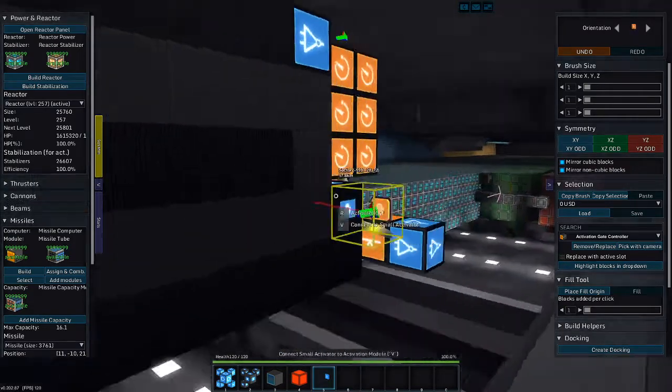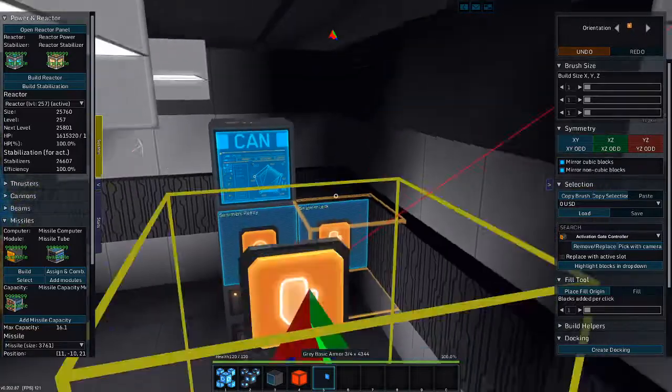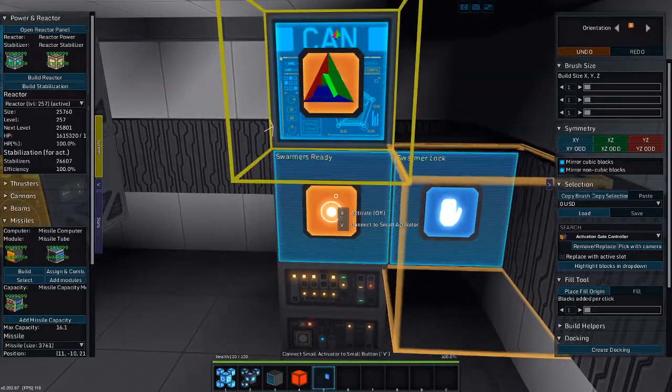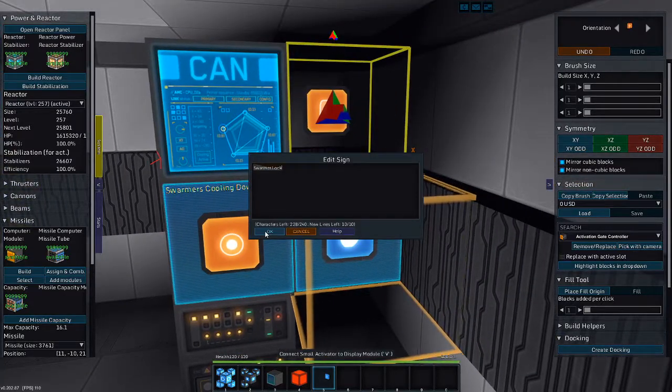Let's see. And then feeds back into that. So this feeds into each other. So now that won't fire until we turn that on. Then it fires. Alright, so swarmer